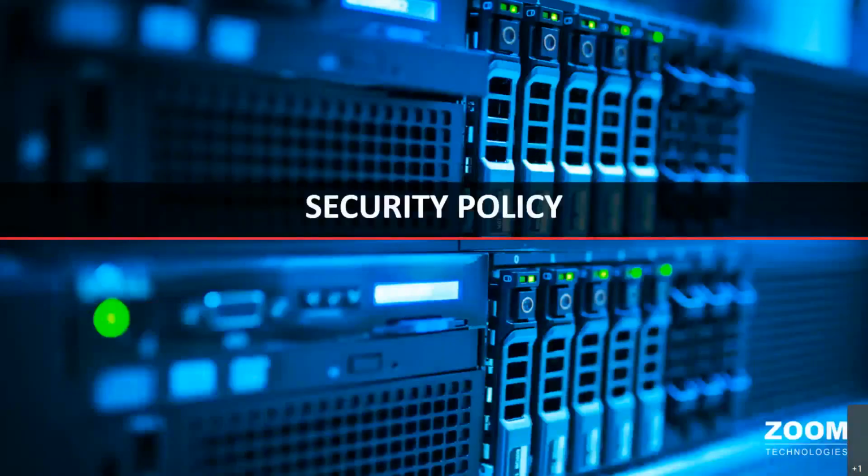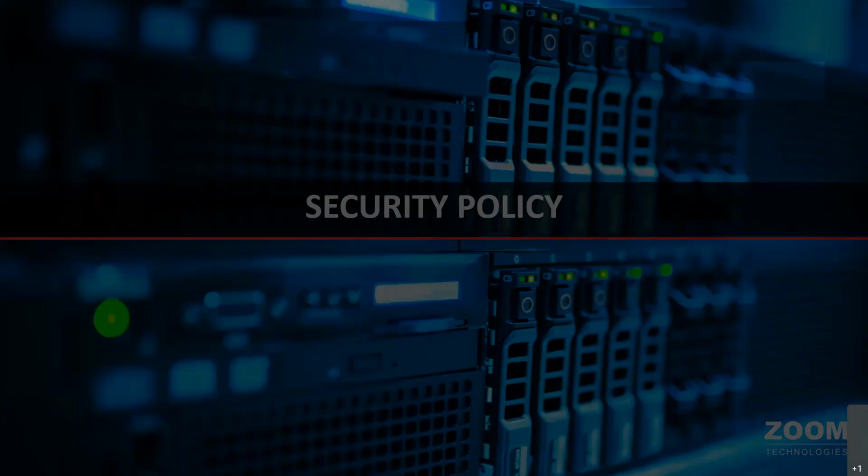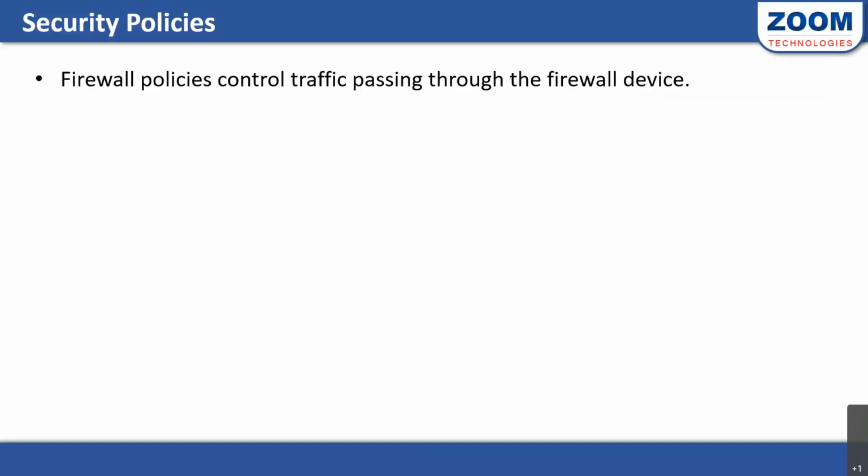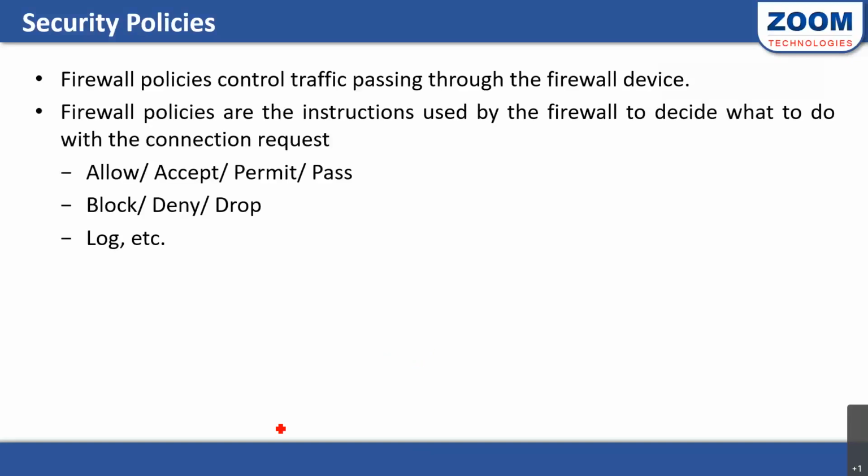When we speak of firewalls, as I said, we need to write a security policy, and only based on the security policy does the firewall control what kind of traffic is coming in or going out of a network. A security policy is nothing but a permission rule. Just as you permit or deny something, a security policy does the same thing.